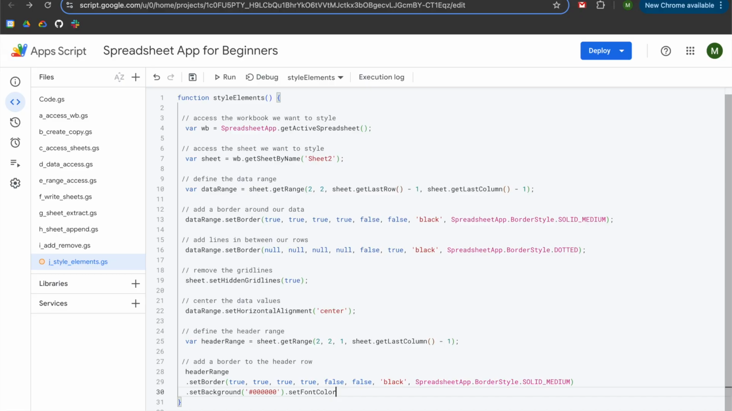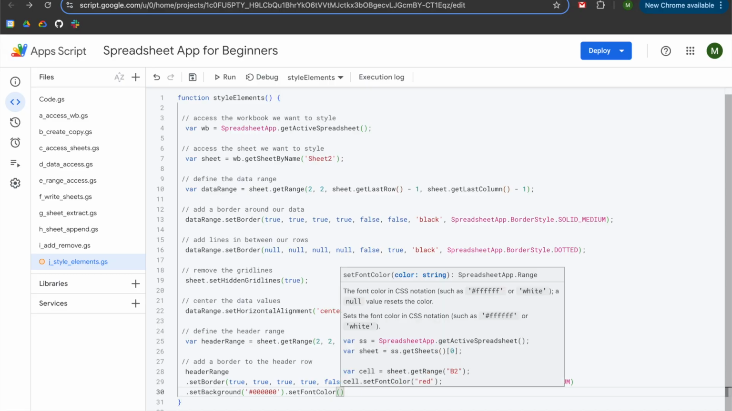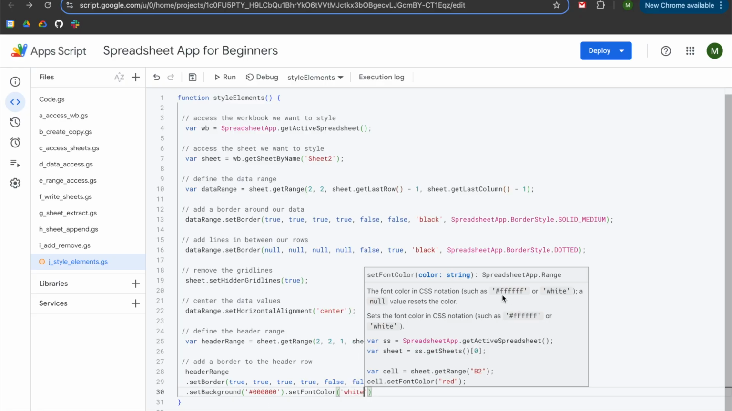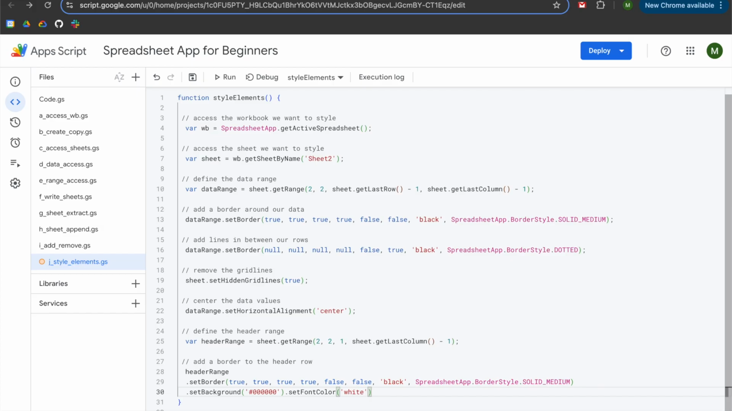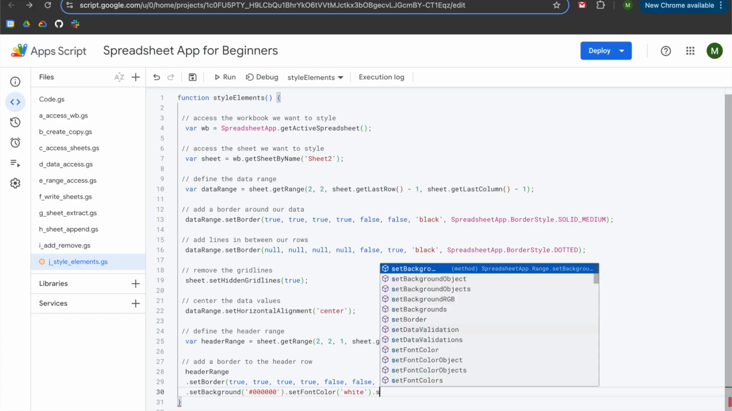color. And we'll do open parentheses, single quote, and I'm just going to type in white, but you can also enter in, I believe, 6 Fs is the same thing as white. And that's what this documentation is saying here. So you can use either or. And then we're going to go to the right, and we're going to do dot set font